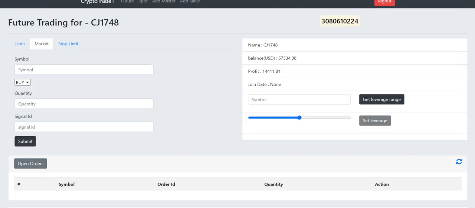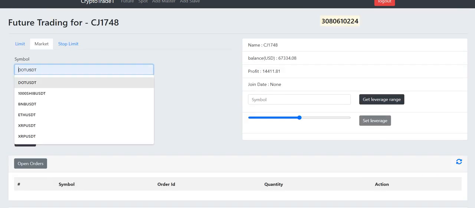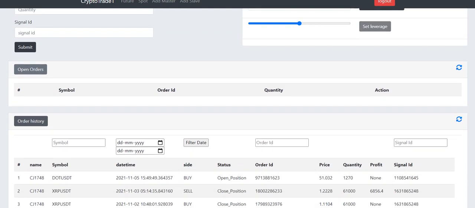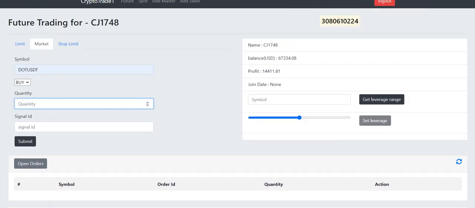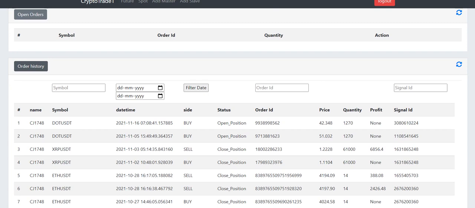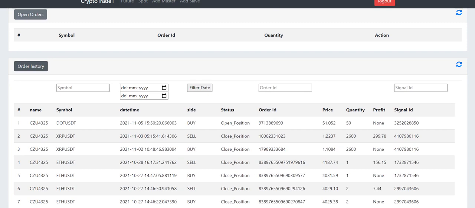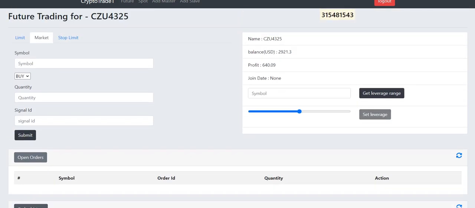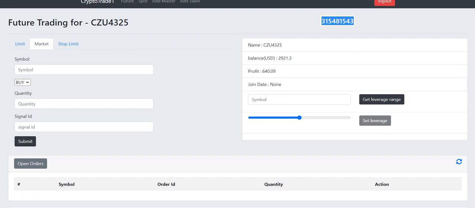As per the price of 42.38 we have taken the buy side, as we have an idea that it is going to be on the higher side, so that's why we have taken this trade into the client's account. Another quantity, 1270, we are taking into CJ174 because his balance is around 67,000 US dollars in the futures segment. And if you can see, more than 11,000 plus profit we have delivered to the client till now, so the .USDT position we have taken.